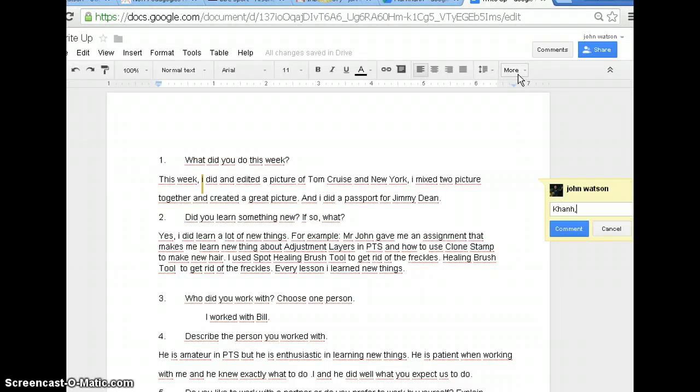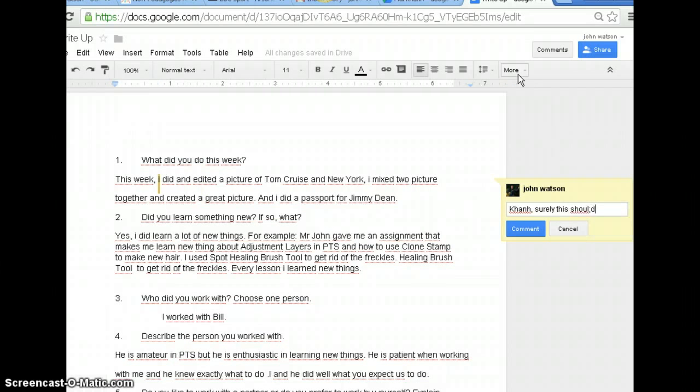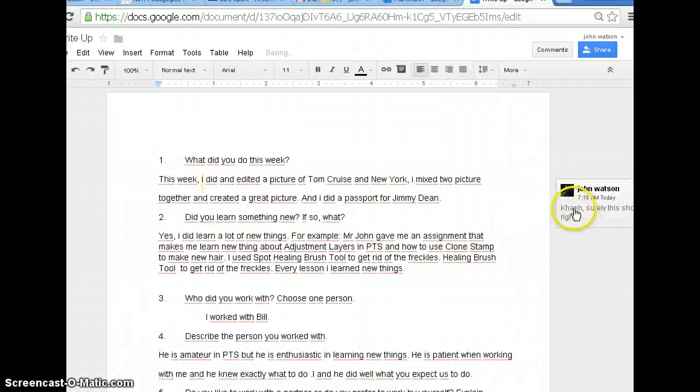Can. Surely this should be I. Right? And I can comment. And MyCan will be able to view that comment when she comes back to this document, which is in her copy of her own. Sorry, when she sees this document in her own Google Drive